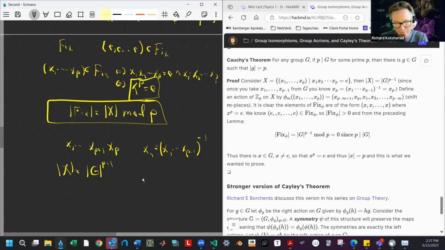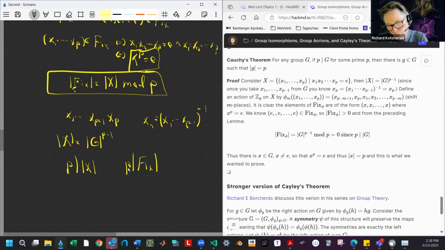Now, it's not a group or anything. There's no group structure in X. It's just a set. But in particular now, p divides the size of G. That's one of our assumptions. So p divides the size of X. But what does that mean? That means p must divide the size of fix. So in fact, not only do we get that there's a thing in fix, but we actually get that there's at least p minus 1 other things in fix. We know that fix